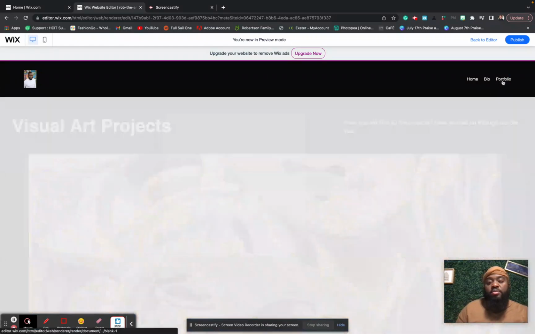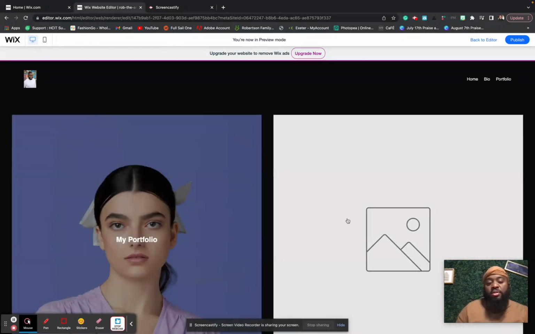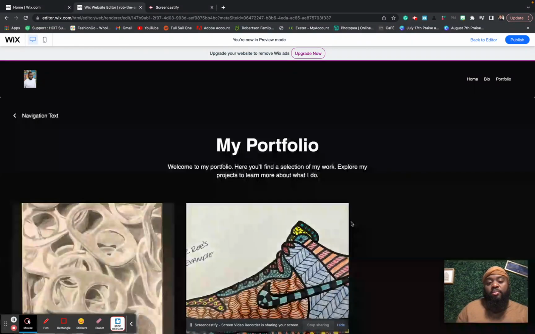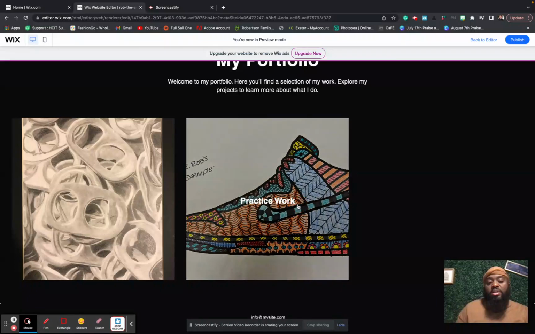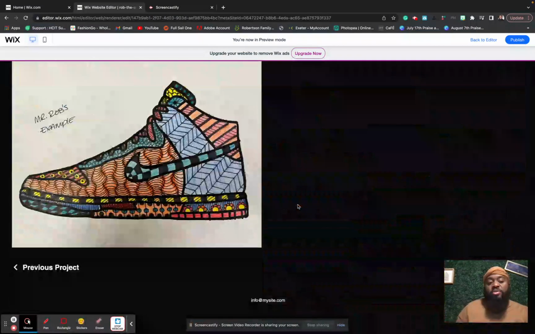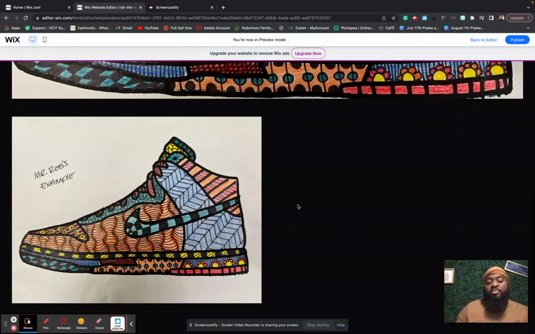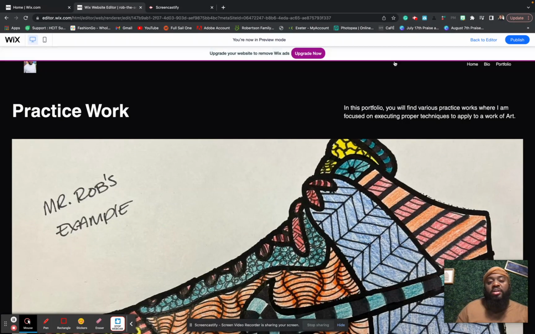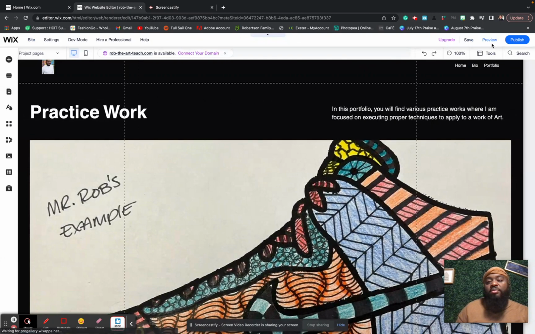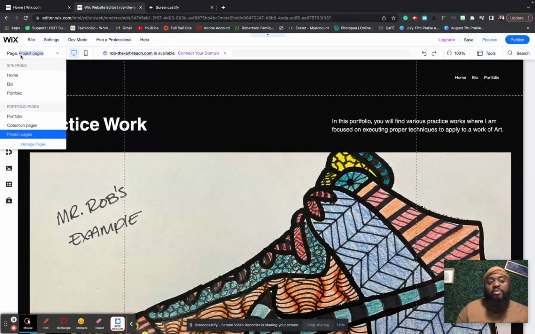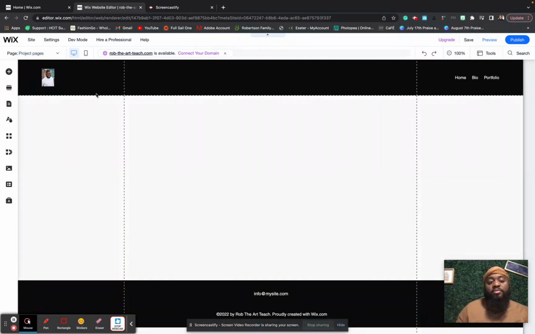I can click portfolio again. And then it will allow me to click my practice work, which this was another example of something we've created. So that's just a basic understanding of how to do it. I go back to editor, and then if I want to make my bio, it will be the same thing. I'll click in the upper left hand corner, go to bio,